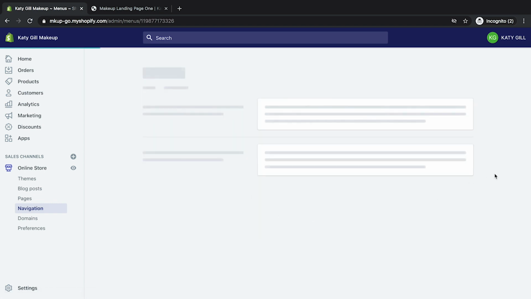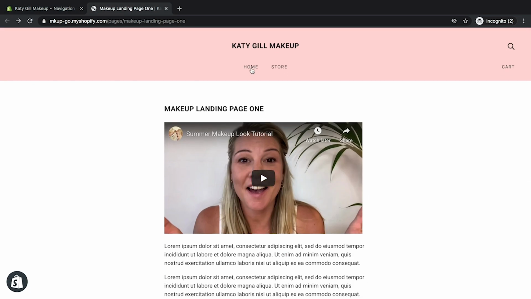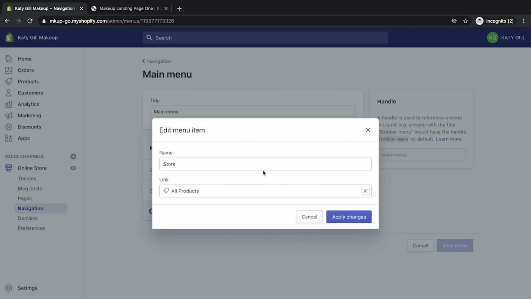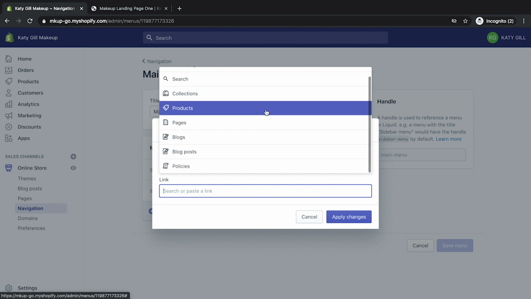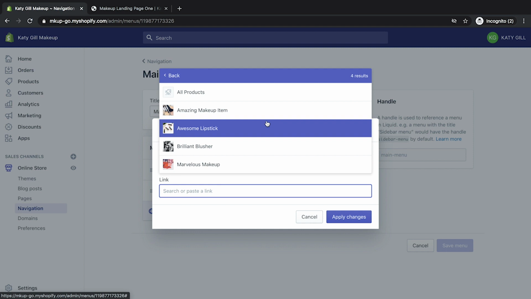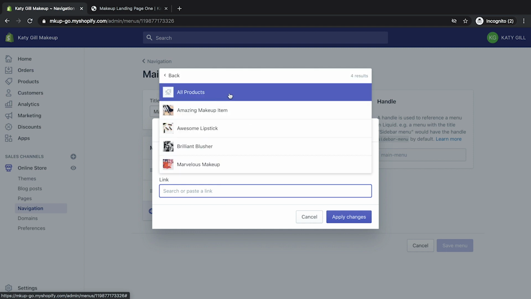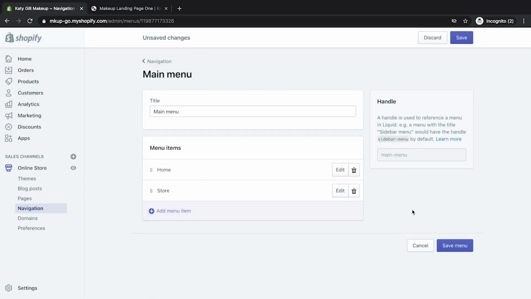We'll click on there. And at the moment, you've got home and store, which matches up with home and store. All good. So if I show you, you can edit one here. Let's edit now. So you can call it store. And what happens is the link, let's get rid of this one, it will restrict you to where you can go. So for this one, it is products. So you want store. And you can go to an individual product, so you can link it directly from the menu. But on this occasion, we're going to call it all products and apply changes. Awesome. So let's add a new one.